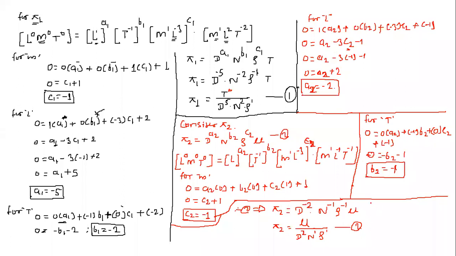So what will come? Pi 1 will be equal to a function of pi 2. Pi 1 is a function of pi 2. Now we have to put in the parameters therein. That is, pi 1 is equal to a function of pi 2. Therefore the pi 1 term, that is T upon d raised to 5 n square into density raised to 1, is a function of pi 2.